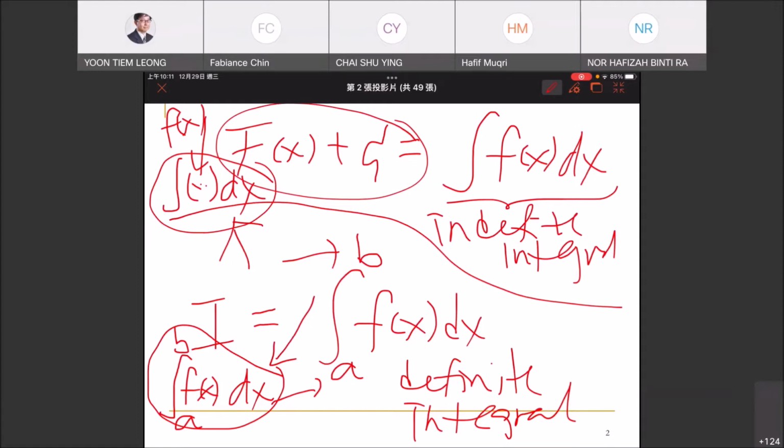So take a step back and look at the two symbols, the indefinite integral and the definite integral. These are two totally different things. Convince yourself these are two totally different things. One is a collection of functions, which is the antiderivative. The other one is the area under the graph. Right? So these two are to be connected through